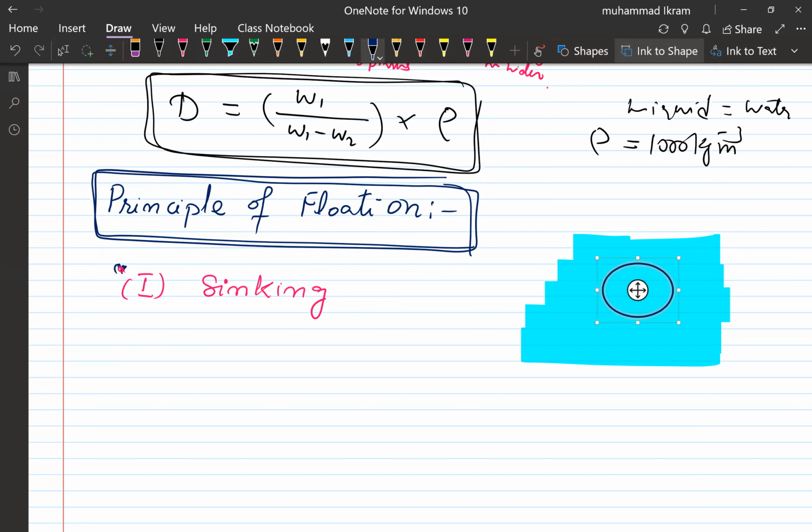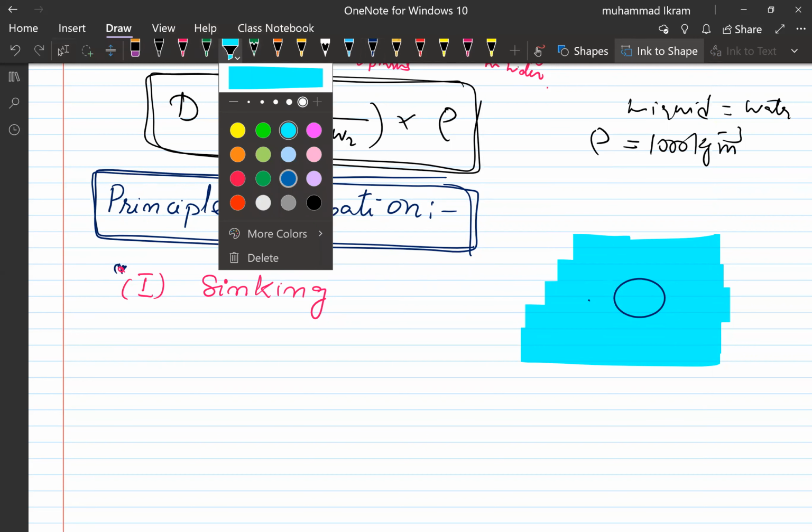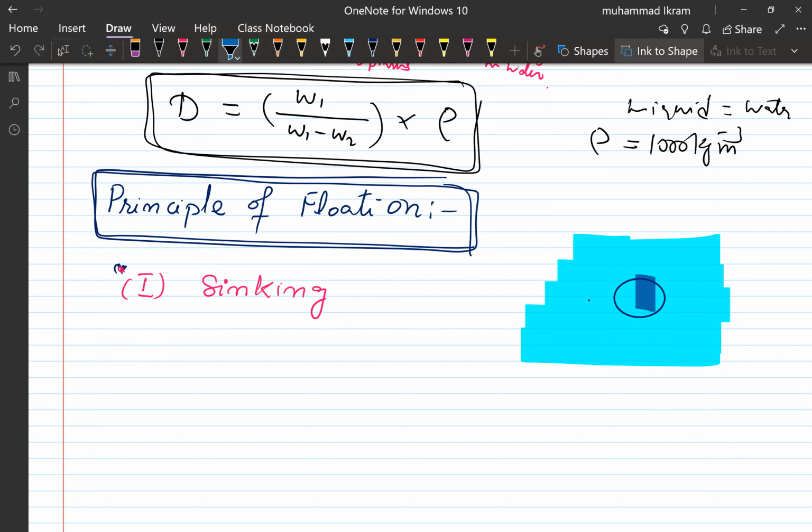So this is the object inside the water, as you see. Okay, let me do this with a pen. This is the object. Now, on this object, there are two forces acting. One, the weight of the object, that is in the downward direction, which is equal to mg, as the object is sinking inside the water, and there is another force acting on the object, and that force